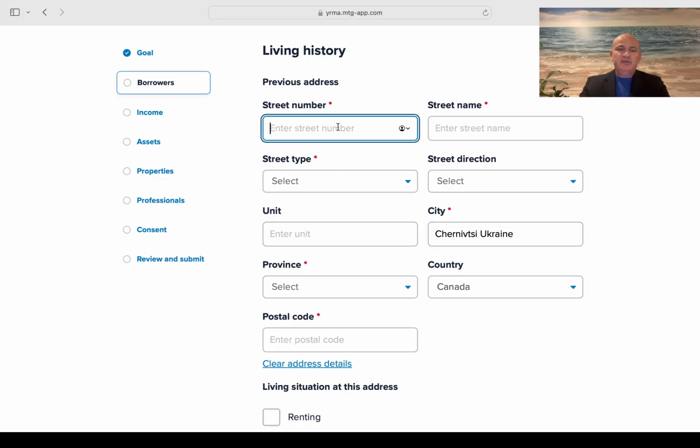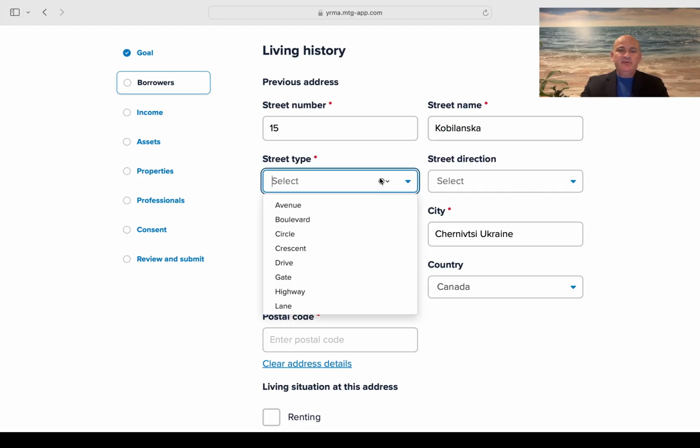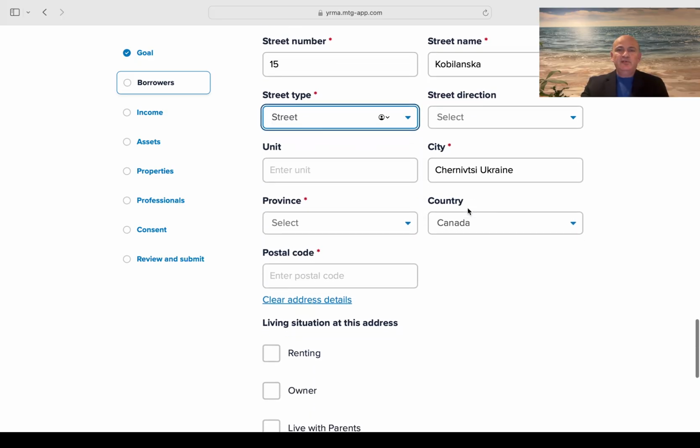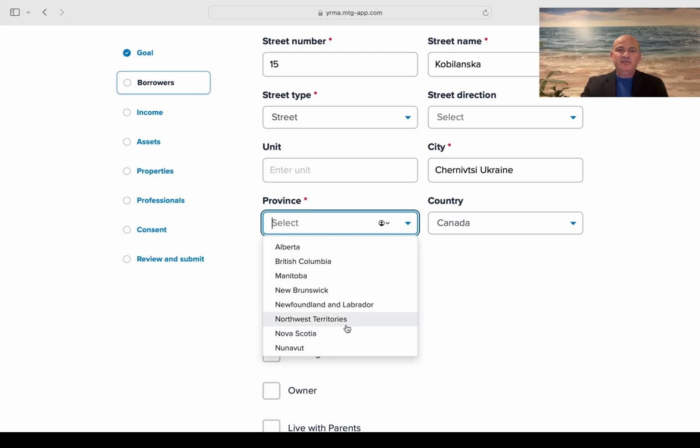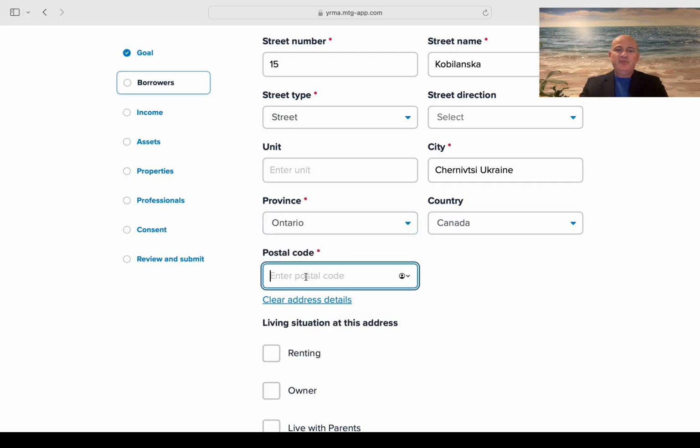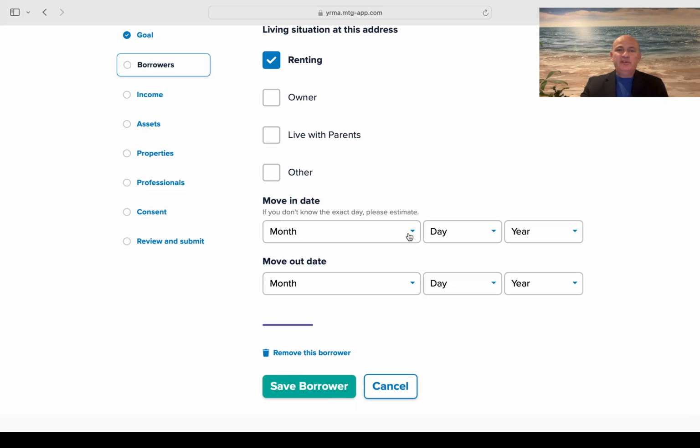and here's the street number, let's say 15, and street name, let's say Kobylyanska, and street type street, and I don't have a choice, so I pick a country as Canada, and province we can use again Ontario, and we can use the same postal code that we've used before, and again renting, and what period it was rented, let's say from March 2nd 2017 until November 1st 2023, and I save